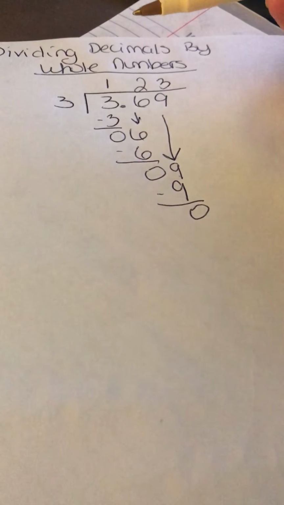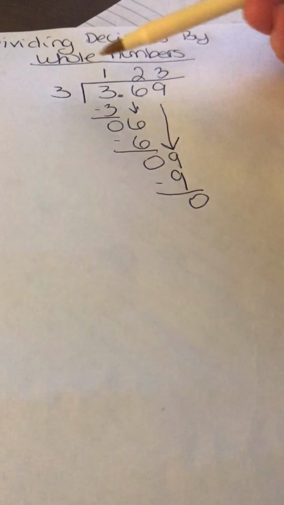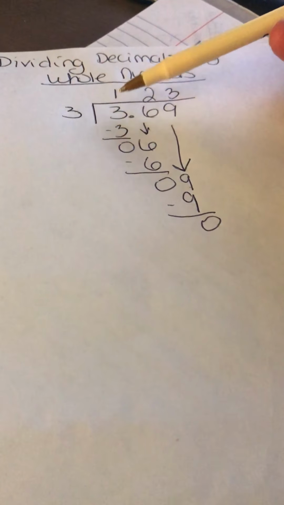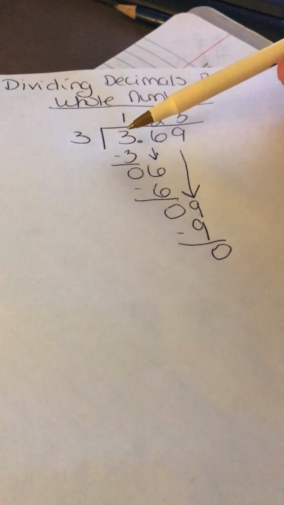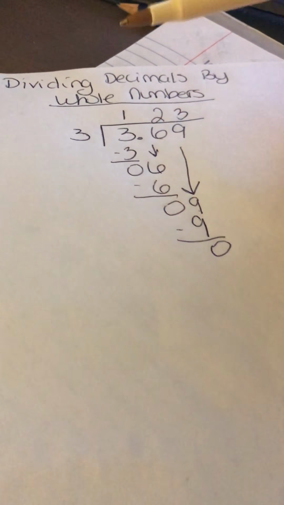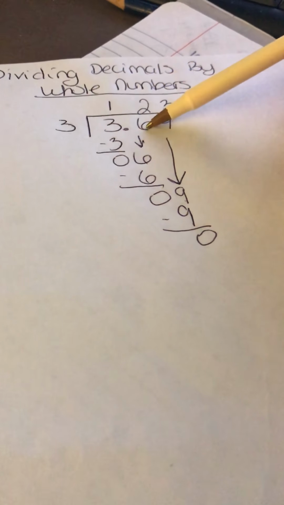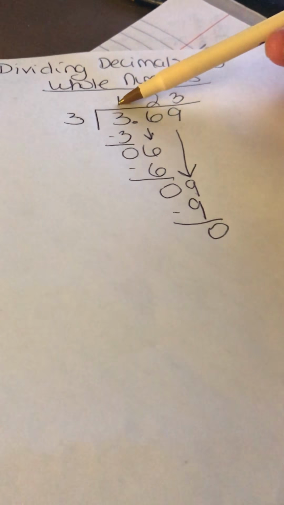Now, one thing that's important to note is when I was dividing, I divided 3 into 3 and it went into it one time. That 1 needs to go directly above the 3. The number on the top needs to go directly above the digit that you were dividing into. If you were dividing into a 2-digit number, it would go above the number in the ones place. For example, if I had divided 3 into 36, you can see it would have been 12, the 1 and